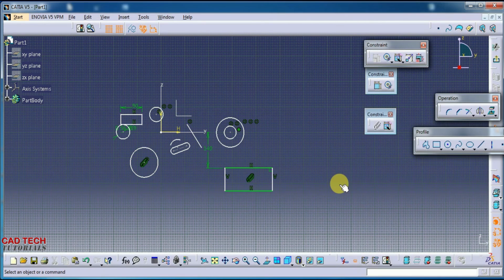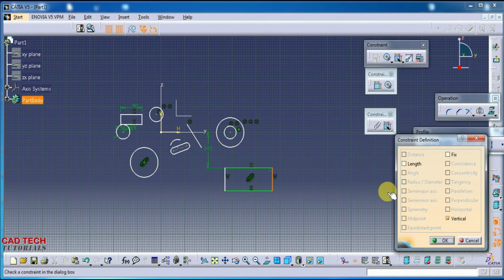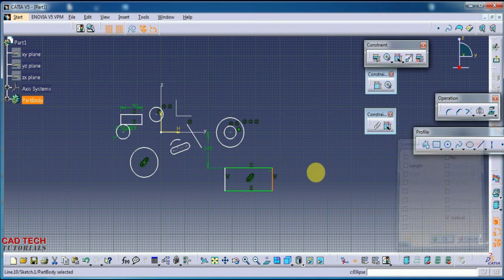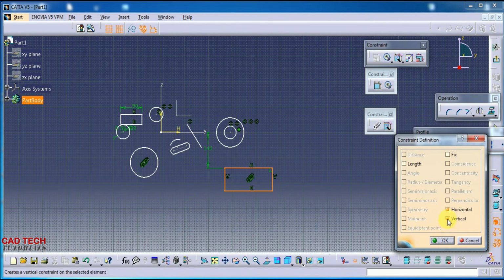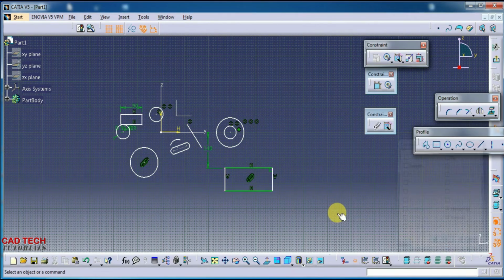Okay, now select a line and select the constraint define dialog box. Here line and fix, only 2 options are highlighted. Now select the complete rectangle box. I can see length, fix, horizontal, vertical line. Okay,